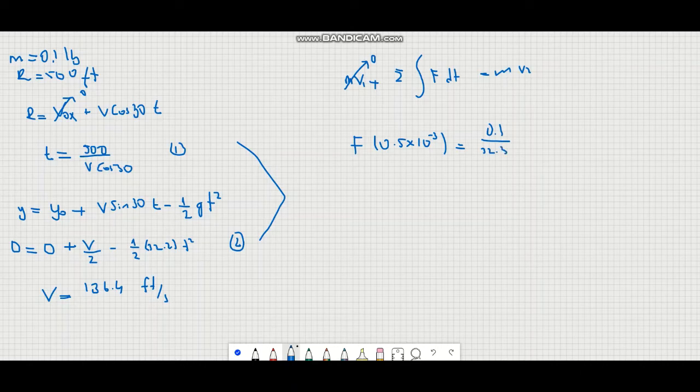So 0.1 over 32.2 is giving us the mass, and the final velocity, which we already found here, 136.4, is our velocity,